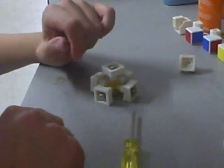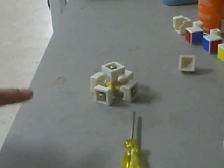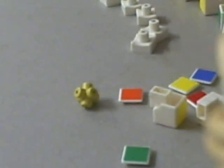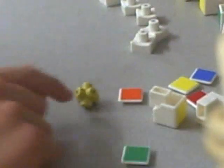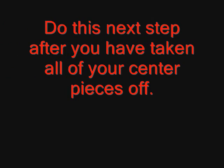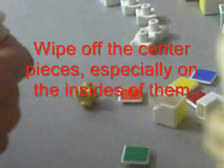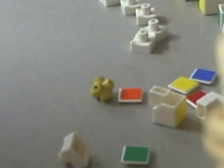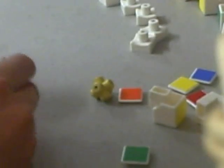And just to save time, I'm going to stop the video so I can get some stuff and then finish up with the core. So my camera just turned off, but basically I said that you're going to want to wipe off your core with a paper towel or something. So now once you have that all done,